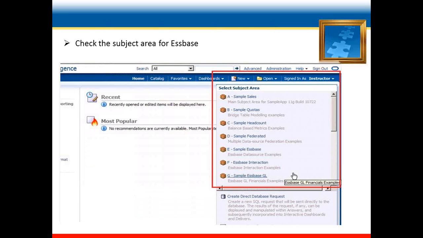And next, after importing the metadata of Essbase cubes in an RPD file, we just have to check the Business Intelligence Analytics, and here we can check the subject area, to see whether the imported metadata and imported applications are there or not. We can check in a subject area of BI Analytics.